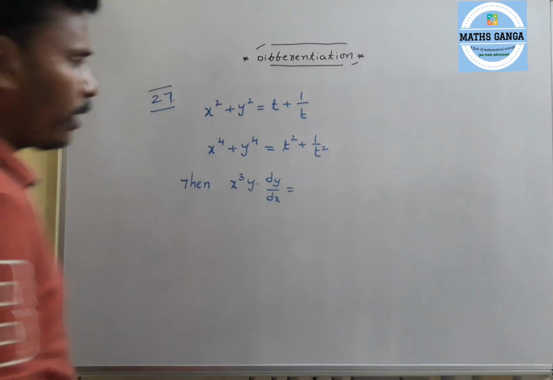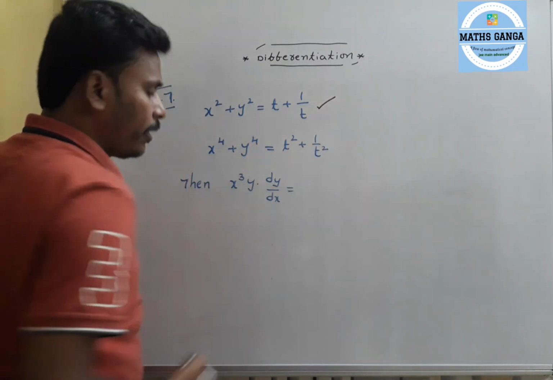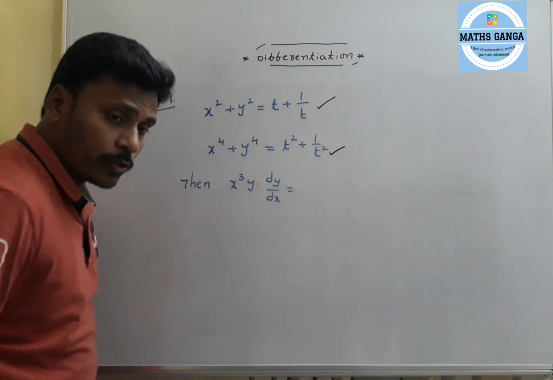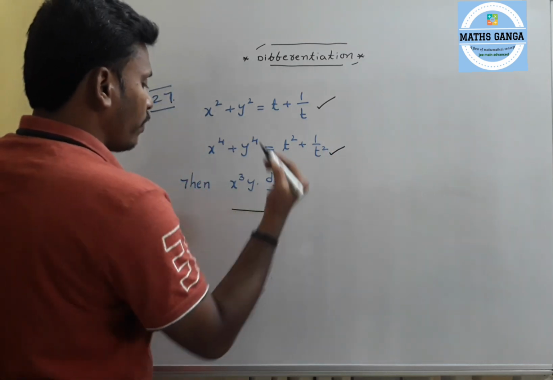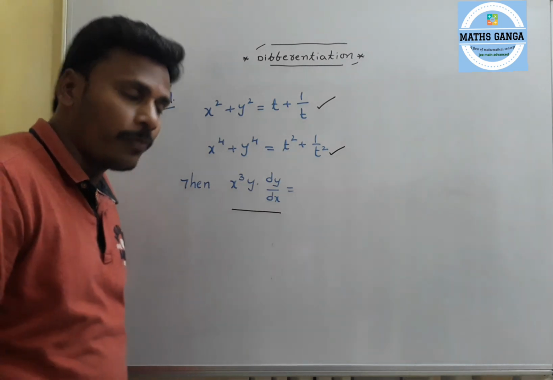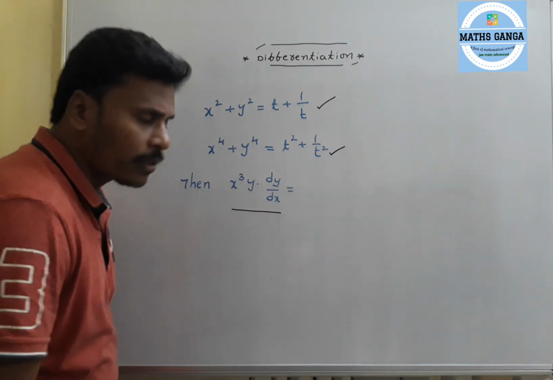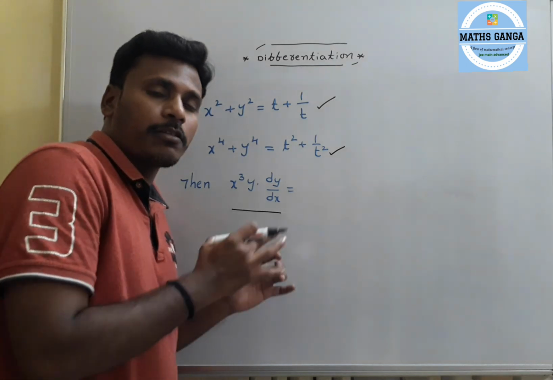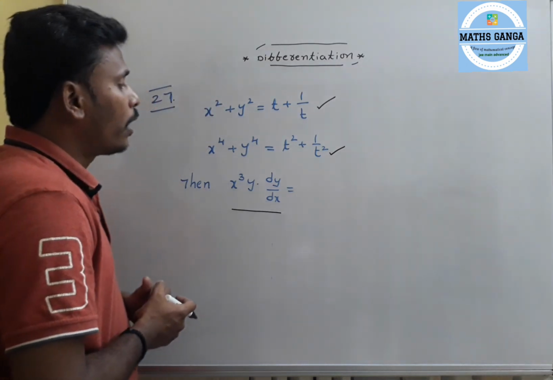x square plus y square is t plus 1 by t. x power 4 plus y power 4 is t square plus 1 by t square. Then we need to find this x cube y into dy by dx. Just observe it. First of all, you just try to find a relation between x and y by eliminating